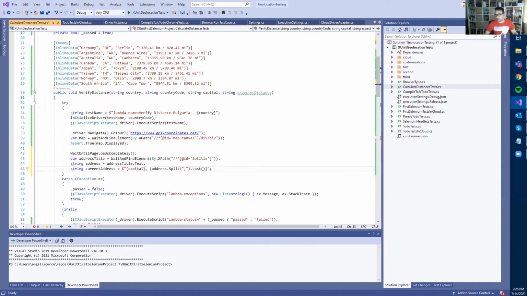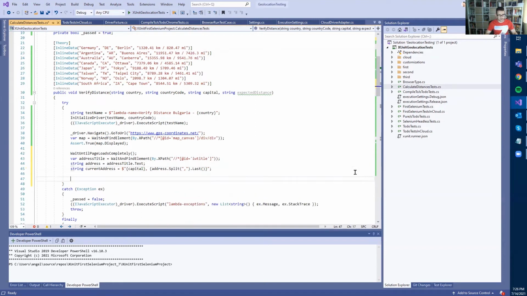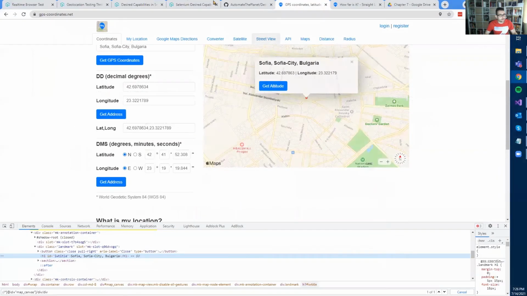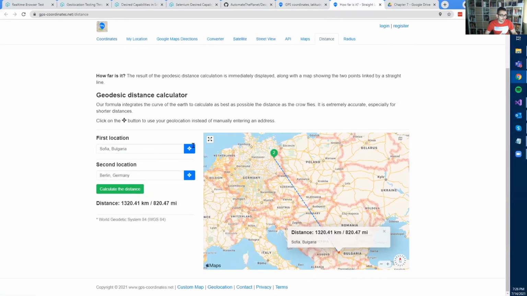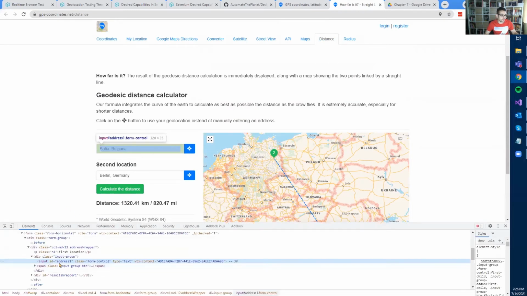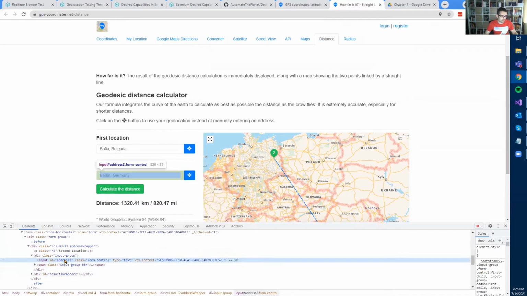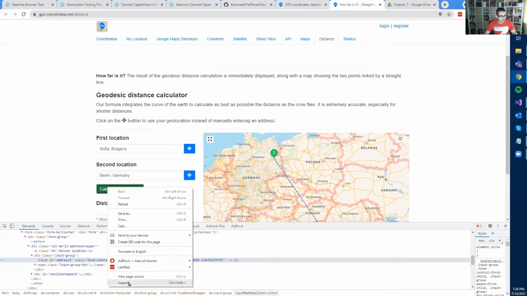Next, we need to navigate to the next URL. I'm not going to click the tab, but directly I will go to this distance URL, and let's inspect again what is happening there. First, I need to write the first location here, and then the second, and then click the calculate button and get this particular stuff here. Let's inspect it. As you can see, it's really easy. The input is address 1. I think this was address 2. Yeah, pretty easy ID. For the calculate button,